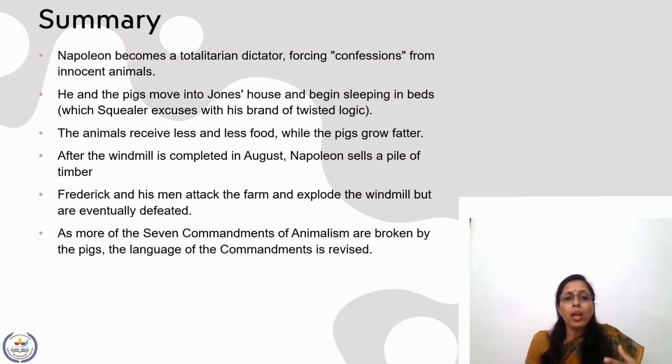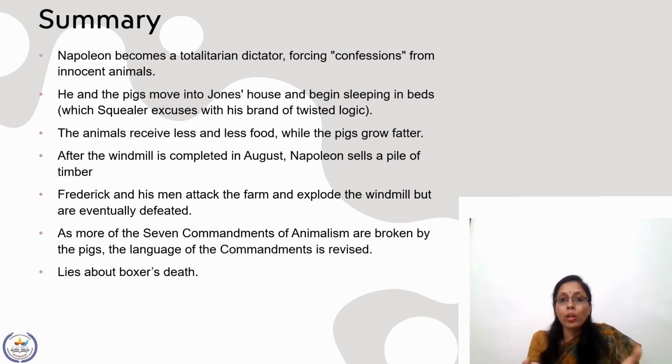So the seven commandments of the farm are being flouted, they are being broken by the pigs, and the language of the commandments keeps on revising. I mean, they keep on revising the language. So again, the role of language becomes very important here as we move further with the story. And now Boxer,